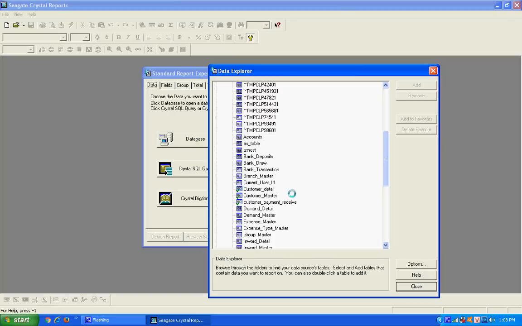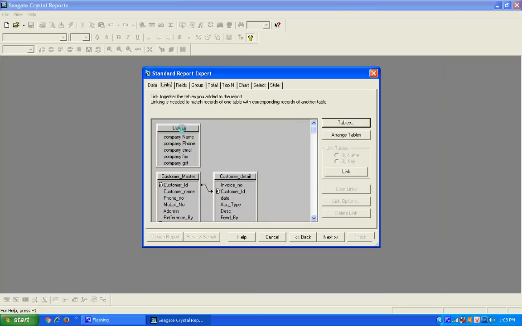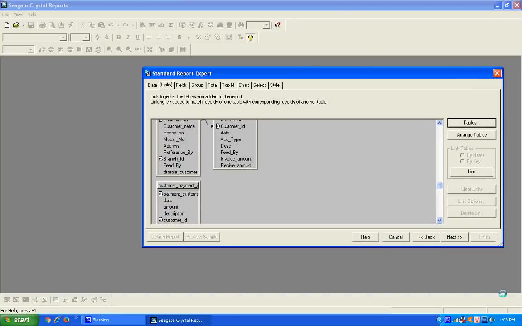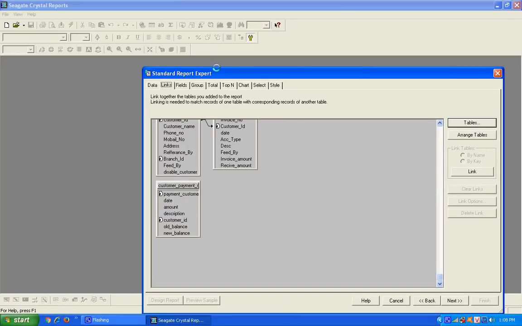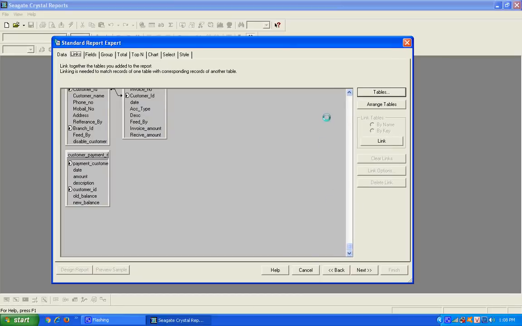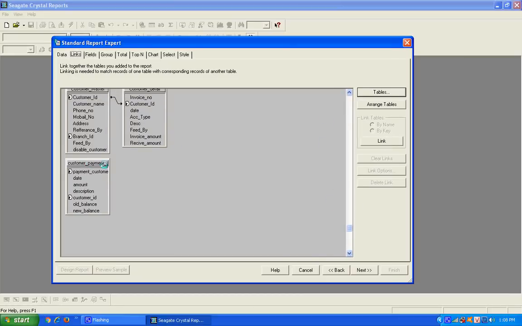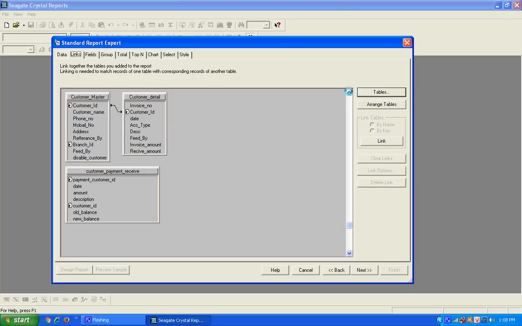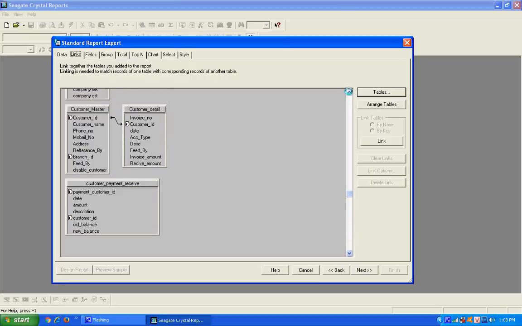These are the four tables we need: Users, Customer Master, Customer Detail, and Customer Payment Receive. These tables are used to create this report.